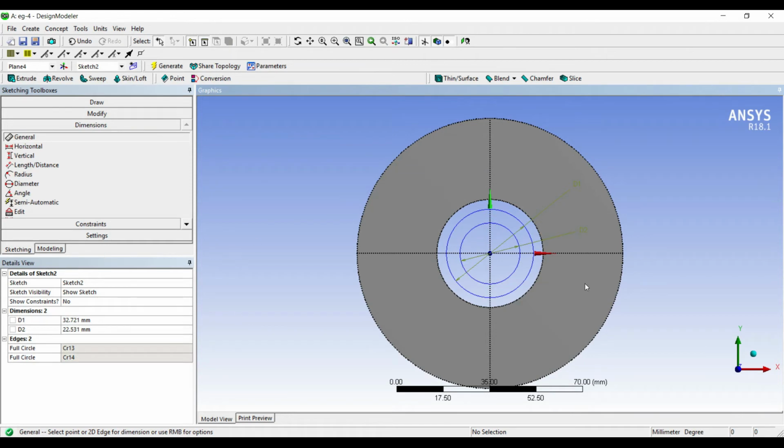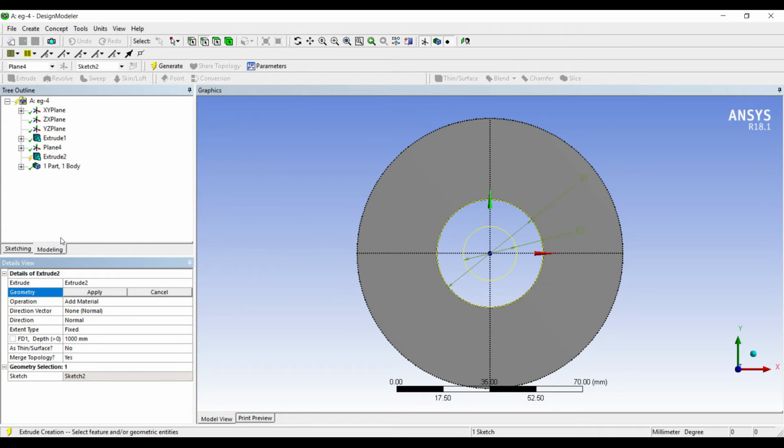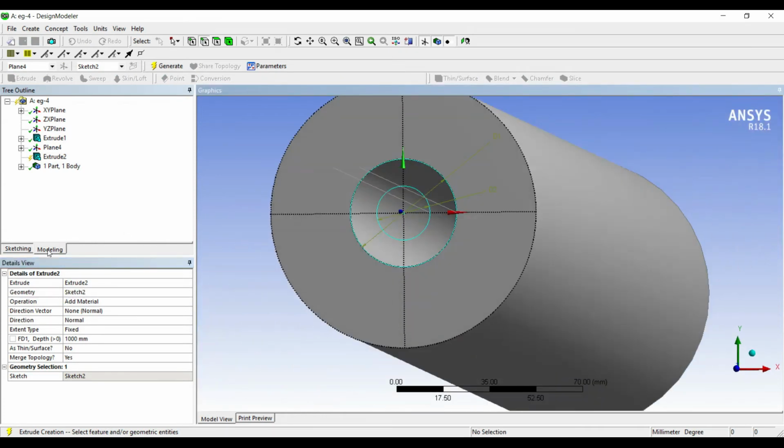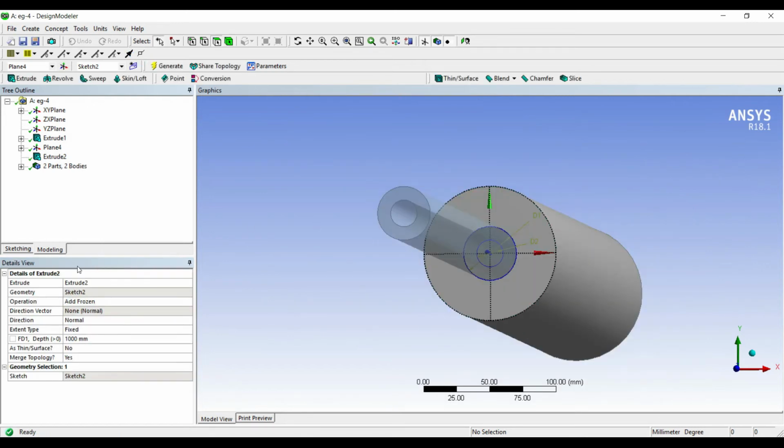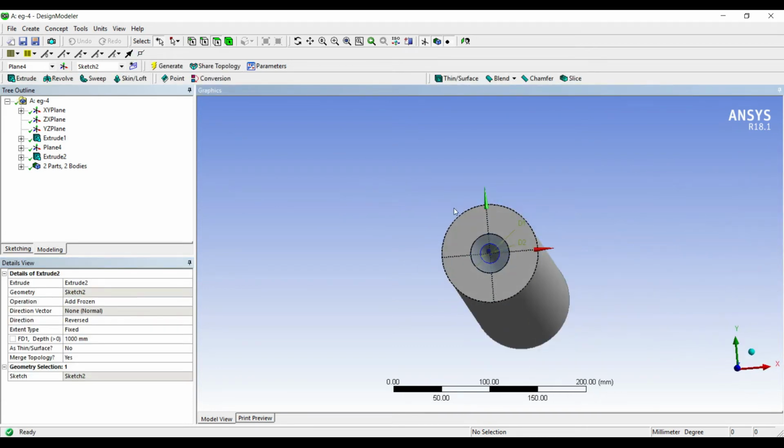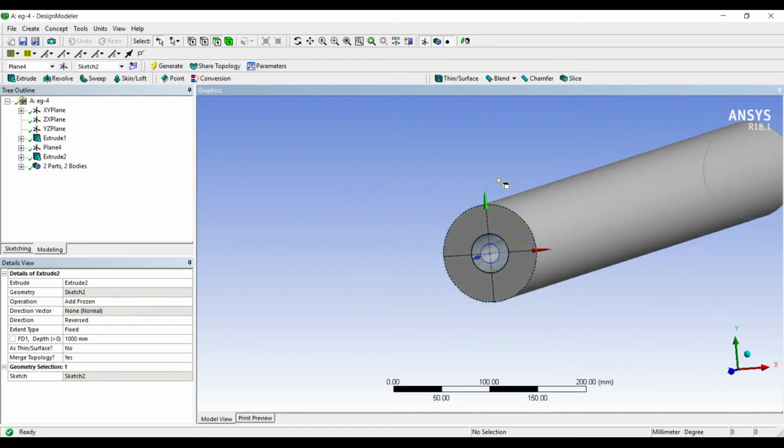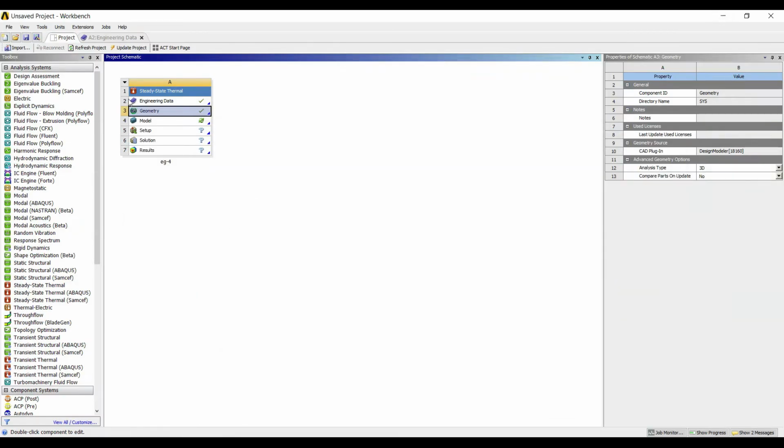The outer dimension is 40, inner one is 20. Again I'll go to extrude, select the sketch. Instead of add material, I'll go for add frozen. The depth is the same, generate. Rather than normal, I'll have to choose reversed, generate. So there are two materials here, and this is my composite cylinder. The geometry is done. I'll go to model and double click on it.